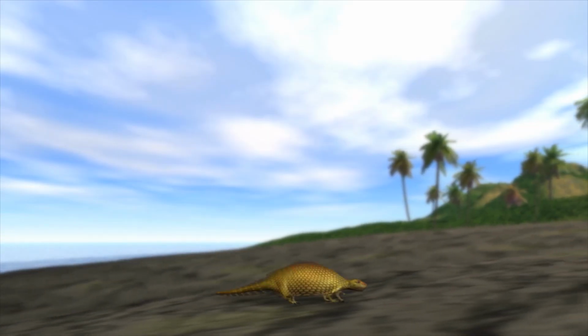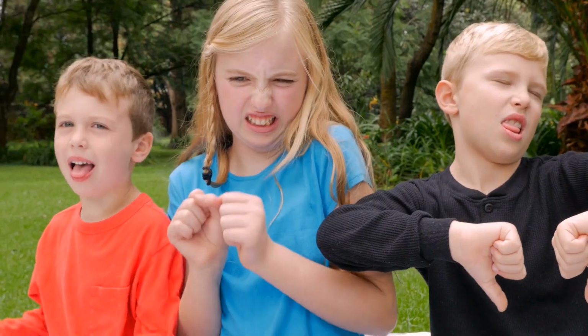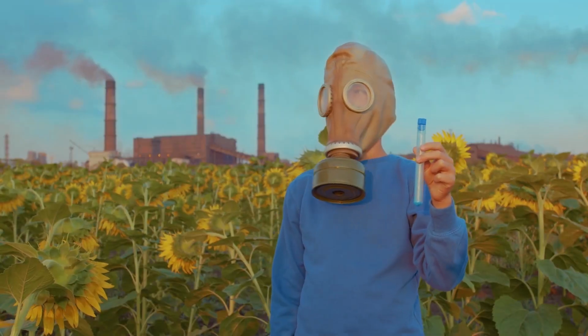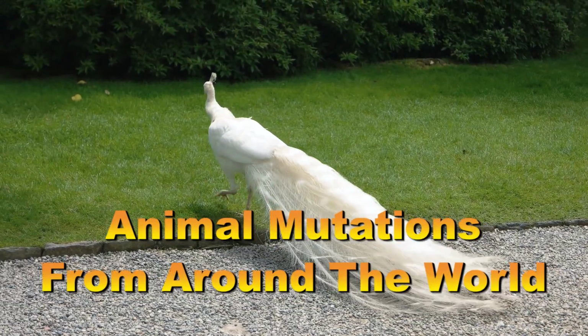Animal mutations come in many forms. Sometimes they are genetic accidents or crossbreed hybrids. Other times, these mutants are created by man-made disasters like Chernobyl or toxic waste runoff. Though these discoveries may seem stranger than fiction, these odd animals are real collections of animal mutations from around the